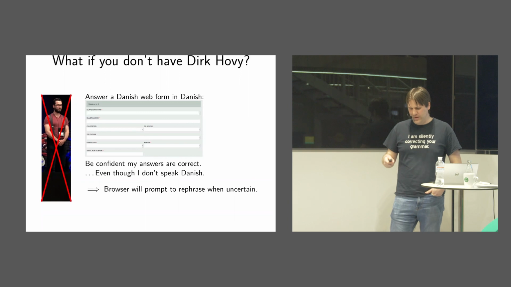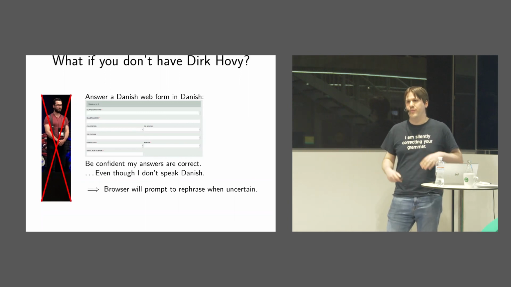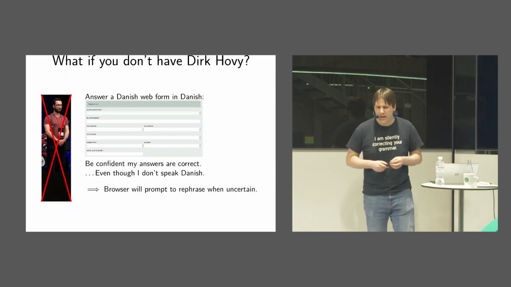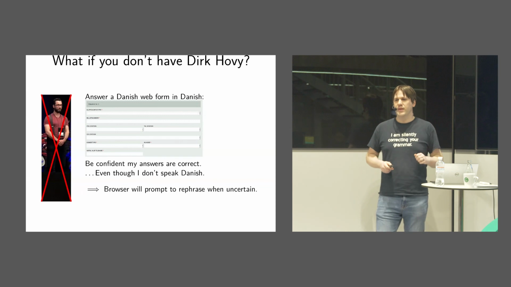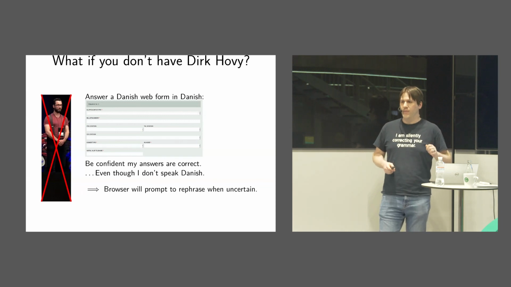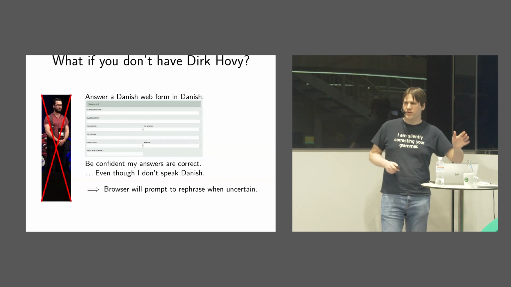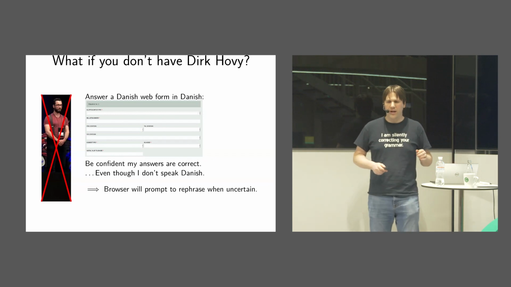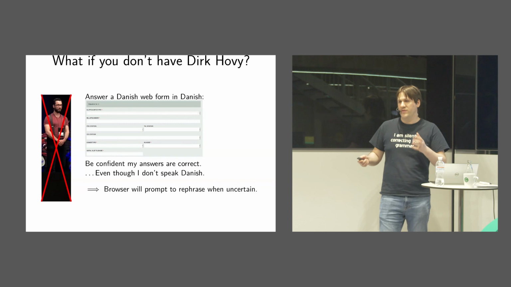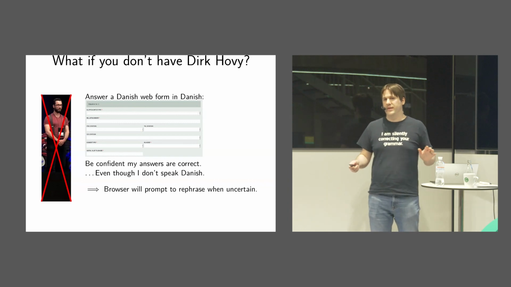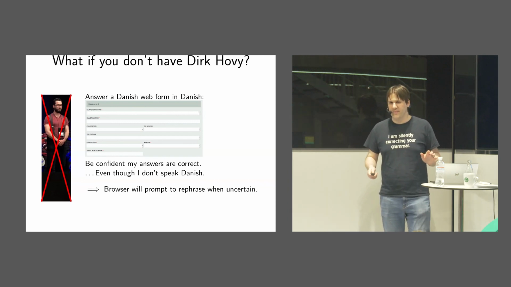And the idea is we can use quality estimation. If we're not confident about our translation from English to Danish in this example, then maybe the browser can come back to me and say, could you rephrase your input? And then we have the question that the form is asking with some approximation of the actual question, an input from the user, and another input from the user if they rephrase it. And then we hope to triangulate a better translation into Danish in that case.